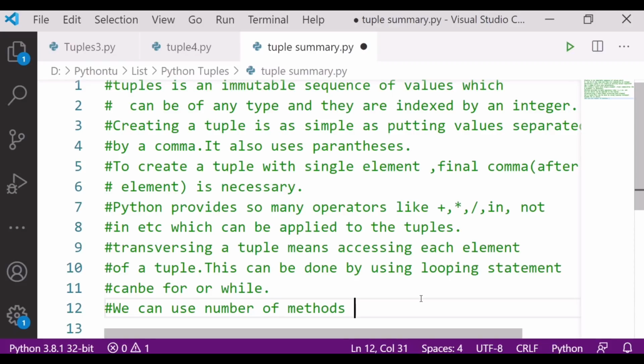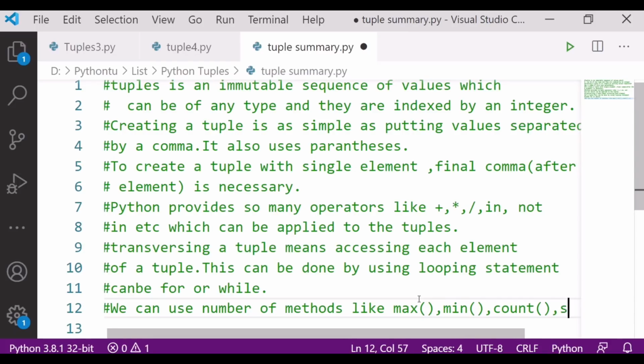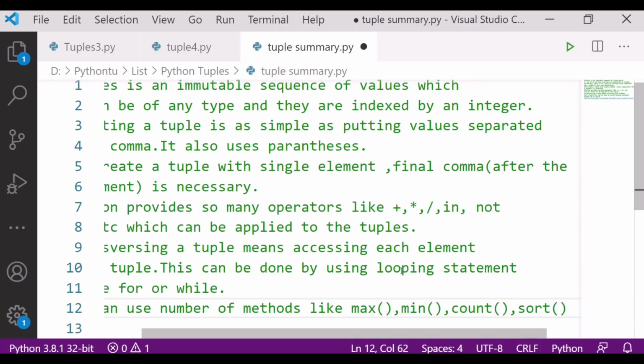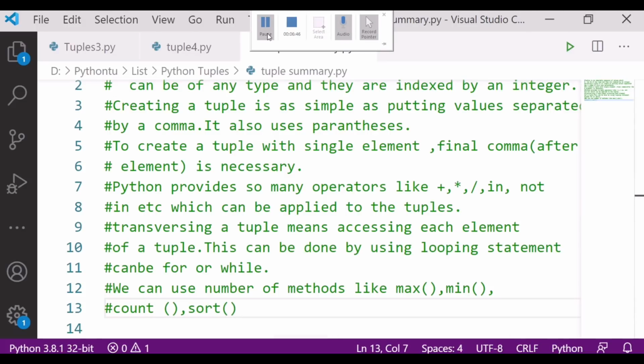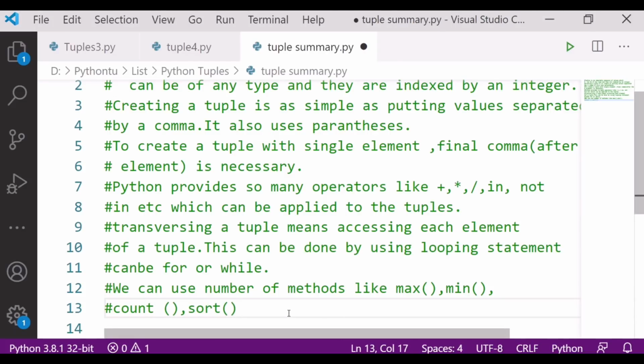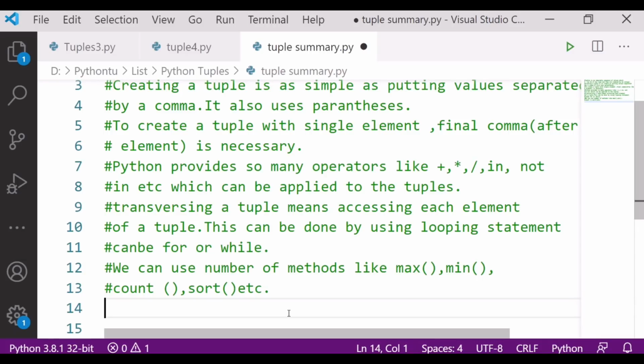So that we already read over there. Here count will come, count, sort, etc. We have done the index method also.